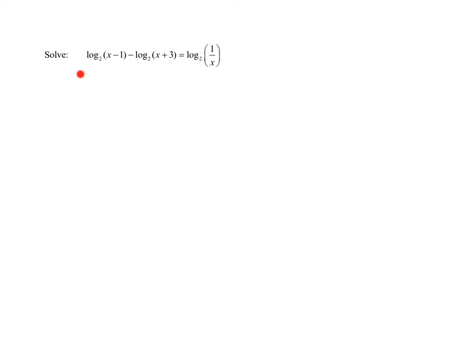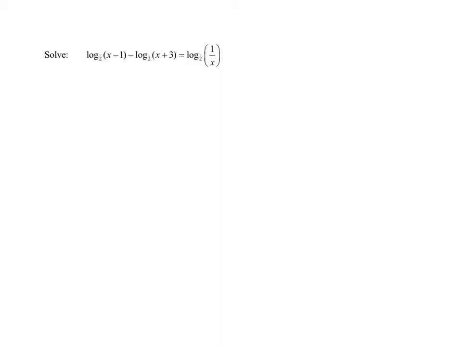In this problem, we're asked to solve this equation here. Now notice, there are 3 terms in this equation. Each term is log to the base 2 of a quantity. So in log equations, if every single term is a logarithm, we would like to use the one-to-one property of